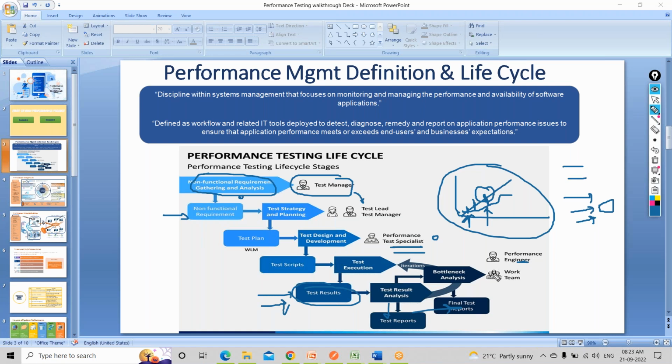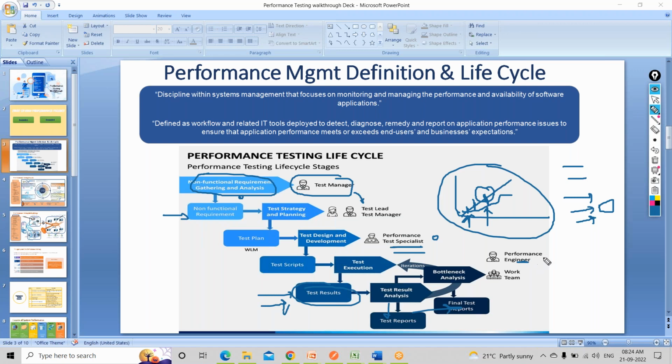The reason is that the performance engineer has domain knowledge also, apart from testing. Let's say if I talk about our application, that is based on Java microservices. He is aware of the underlying technology, how the coding has been done, and what kind of platform has been employed. If it's on the cloud, if it's AWS, he'll be aware of how things are, if Kubernetes is involved, whatever the underlying technology is for the application. He will understand what configurations have been done.